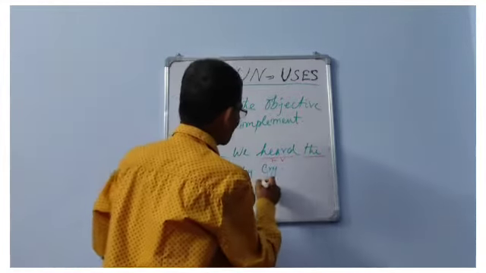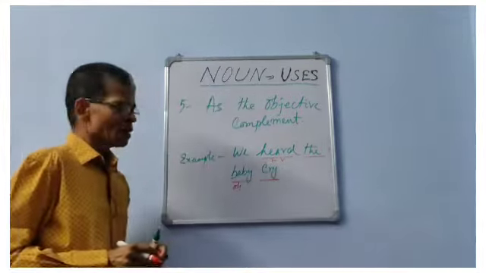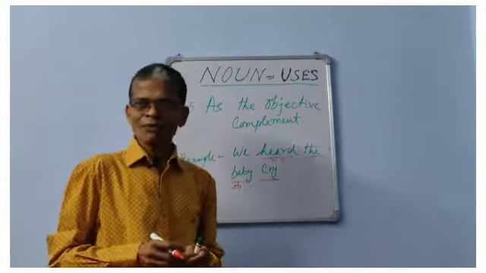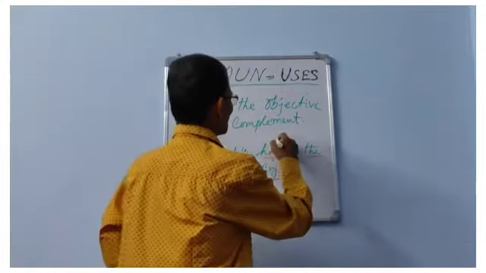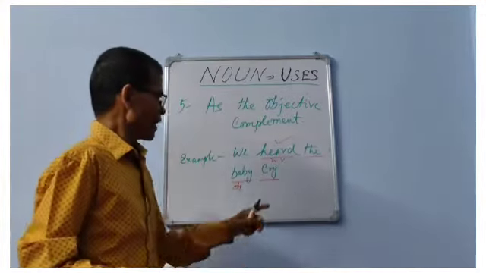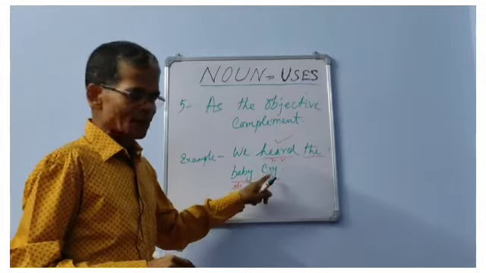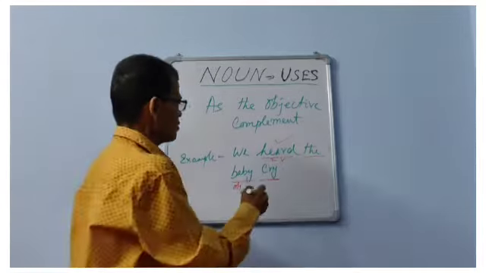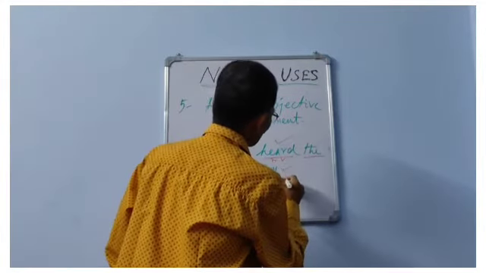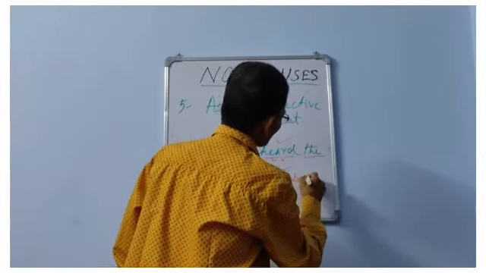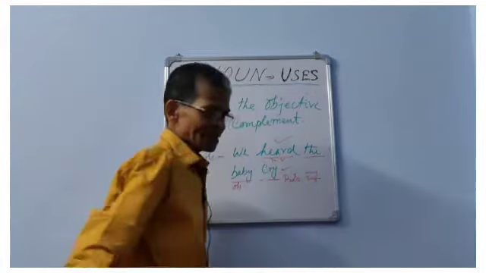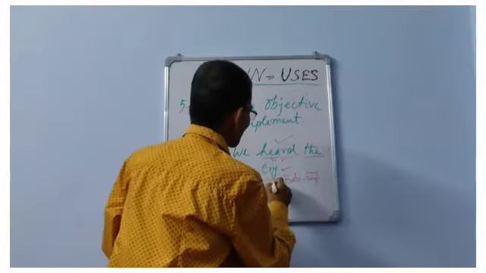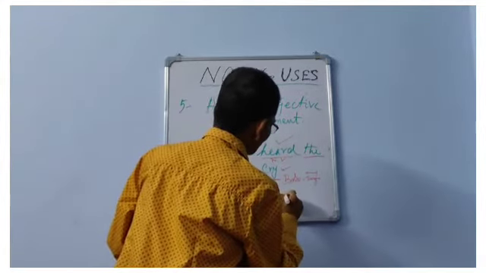Now then, what is this word cry? Now I think most of my students think this cry is a verb. Actually the verb, the finite verb is this heard, and here this cry is not a verb, it is a verbal noun and it is called a bare infinitive. Now, and this bare infinitive is used as subjective complement, and therefore it is a noun, verbal noun.